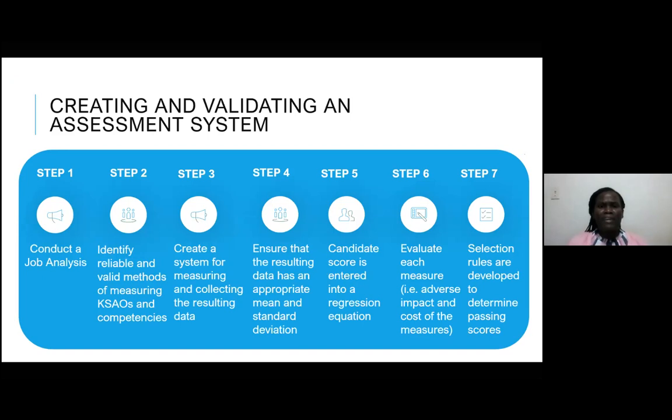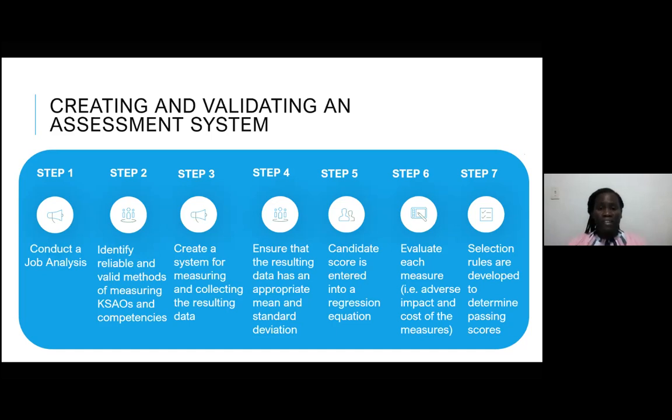When we speak about creating and validating an assessment system, Phillips and Gully would have really provided a compact means of how you can create this system, but what we did was to extract it into 7 steps. So we're saying that you can conduct a job analysis. You need to identify reliable and valid methods for measuring KSAOs and competencies. And step 3, you will need to create a system for measuring and collecting the resulting data. Step 4, ensuring that the resulting data has an appropriate mean and standard deviation, and this would have been covered by